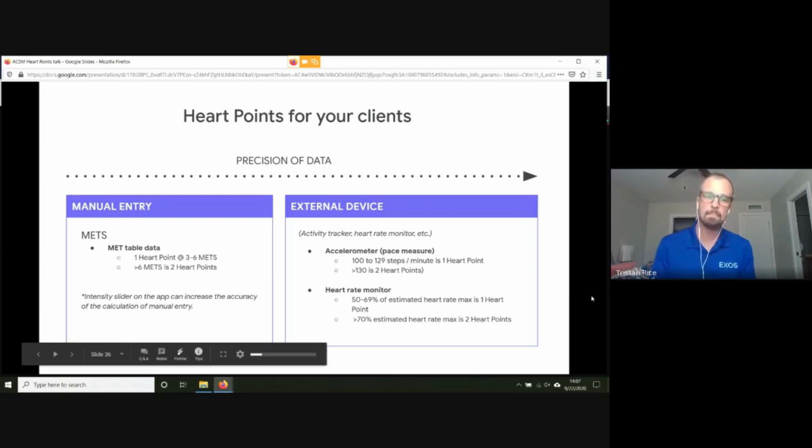And then within the app, it's important to remember that the intensity slider can help to increase the accuracy of the calculation when you are adding things manually. But then, we think not